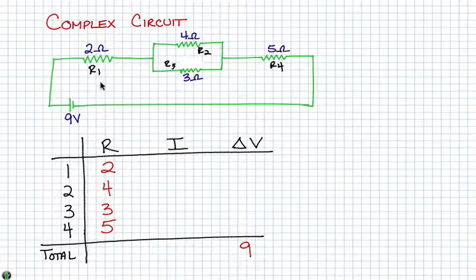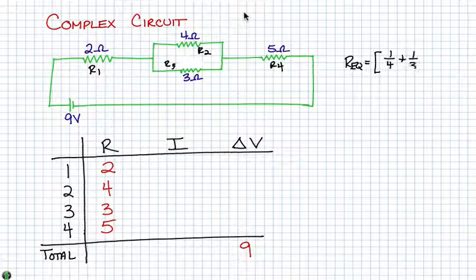So what we need to take a look at here is, well, R1 is 2, that's fine. Since R2 and R3 are in parallel, we need to find a way to combine those. Hopefully you remember that if we want the equivalent resistance in parallel, we add up the reciprocals. In this case, 1 over 4 plus 1 over 3. And if I raise that to the negative 1, I get my equivalent resistance,